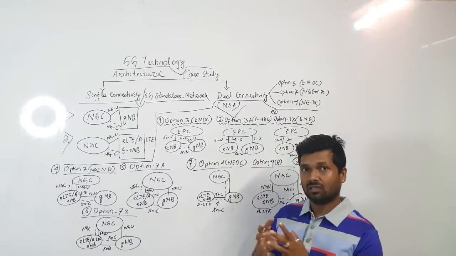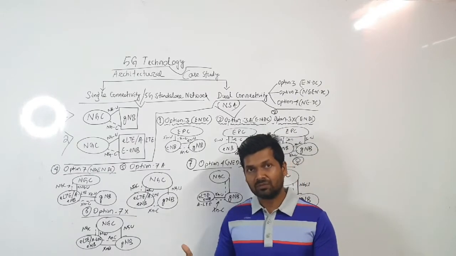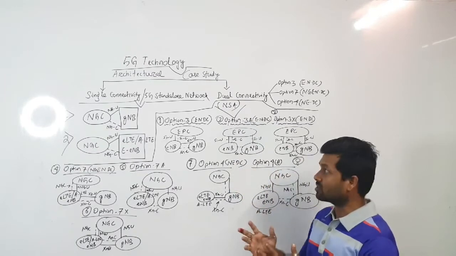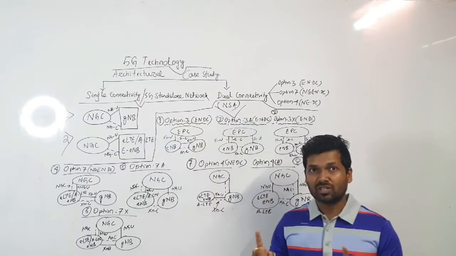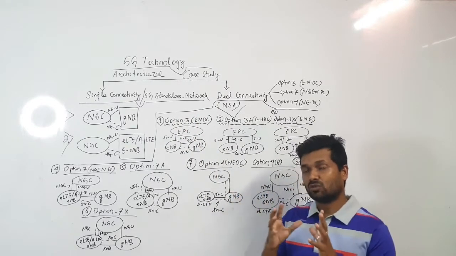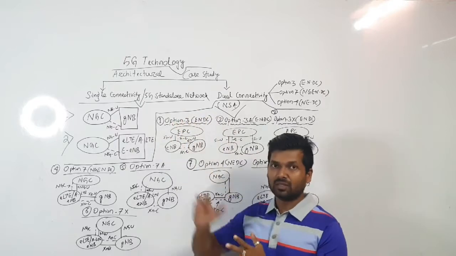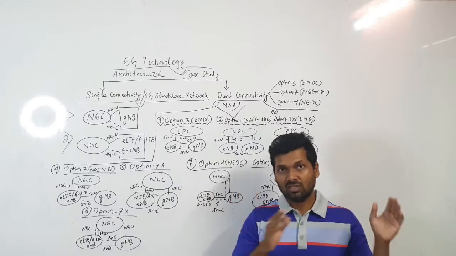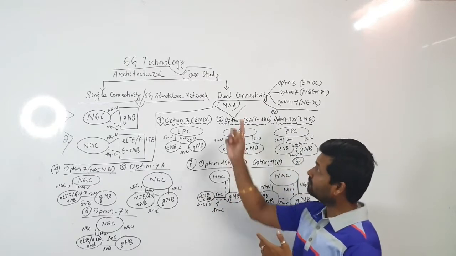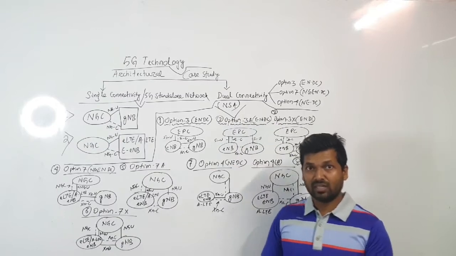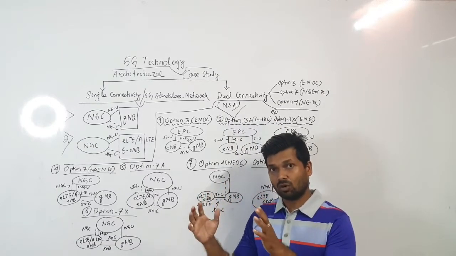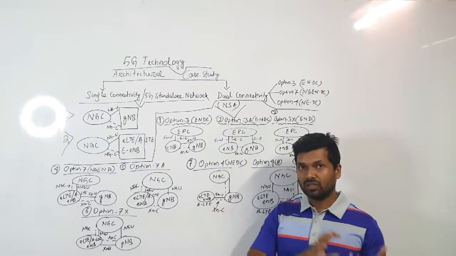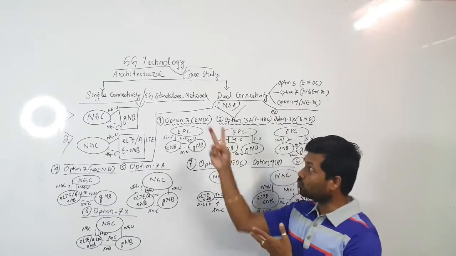nomenclature or the different connectivity types in 5G, and then we'll explore each of these different connectivity types. So there are basically two differences in a 5G technology architecture option. One is single connectivity, that means you have a standalone core, a new core which supports the 5G operations, and then the dual connectivity wherein you use the basic EPC or the evolved packet core or the LTE or fourth generation core with the new generation G Node B. So these are the two options.